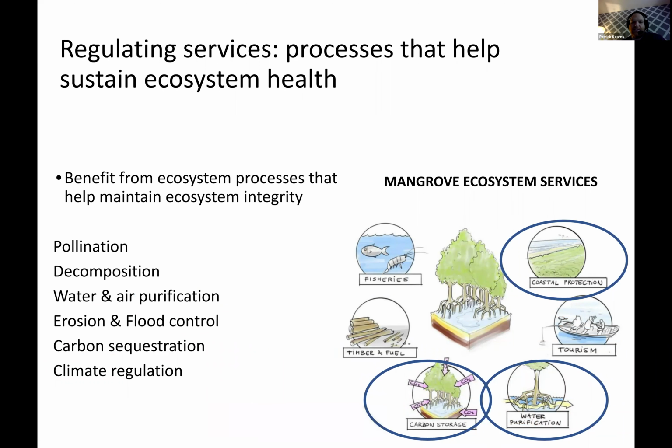And one of the most valuable regulating services that ecosystems actually provide just by being themselves is erosion and flood control. Some of the most valuable land on the planet is those that control floods, because as we've seen from Hurricane Maria a couple years ago, or maybe something really destructive like Hurricane Andrew in the 90s, flood control is a huge monetary value, right? Billions of dollars every year. So all these things are just things ecosystems naturally do to keep themselves going as a whole.